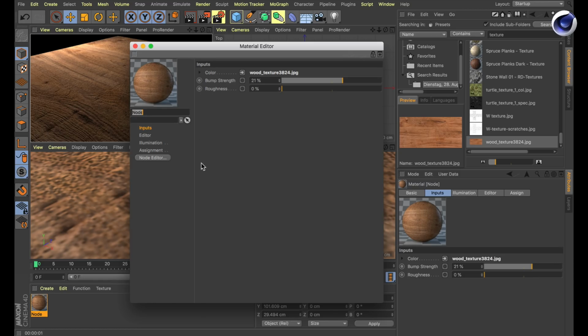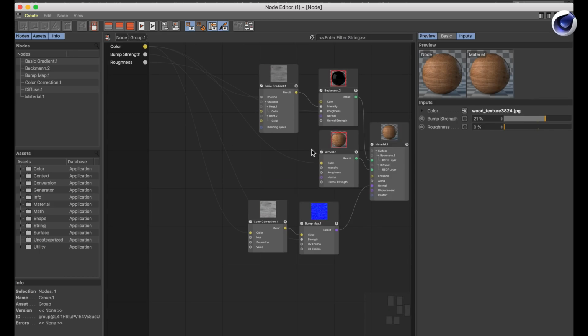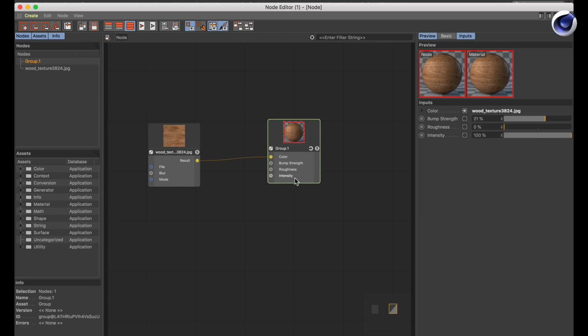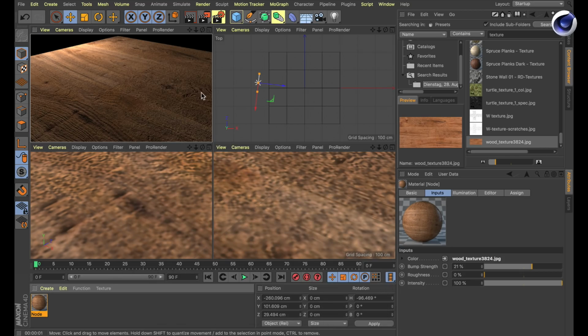Okay. If you want to adjust the node setup further, you can still go to the node editor and make some changes. So maybe let's go inside this thing, and although it doesn't make sense for now, let's just make an input for this intensity here, add input. Let's leave the group, and you see that there's the new intensity parameter here now, and this intensity parameter is automatically exposed to the material editor. So this way you can create complex materials with an easy interface,